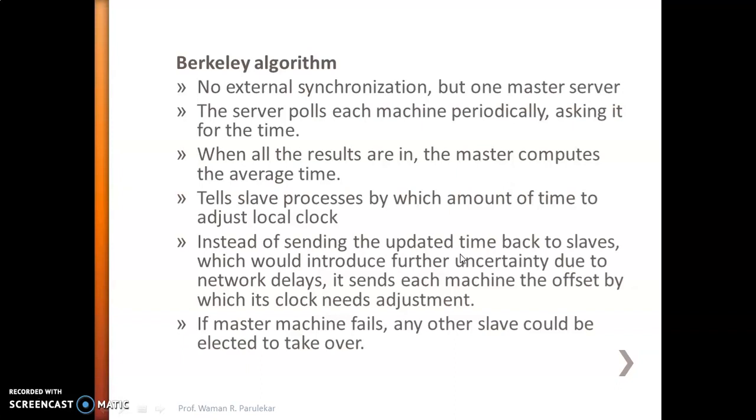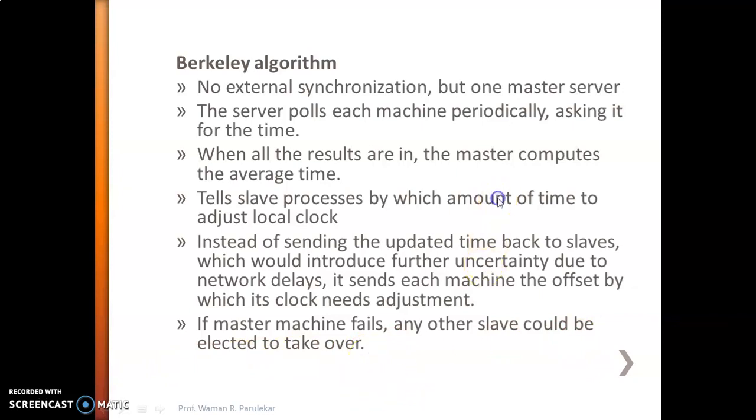So that offset message will be sent. यहाँ पे थोड़ा सा डिफरेंस ये है कि एक ऑफसेट मैसेज सेंड होगा और उसमें क्या होगा कि सर्वर ने जो एवरेज टाइम कैलकुलेट किया है उससे एडजस्ट करने के लिए कितना प्लस माइनस करना है वो मैसेज सर्वर स्लेव्स को सेंड करेगा. If master machine fails, any other slave could be elected to take over. So this is what the Berkeley's algorithm is.